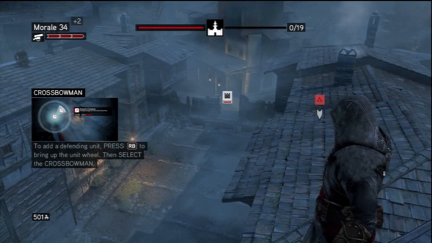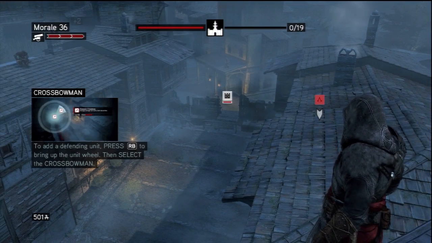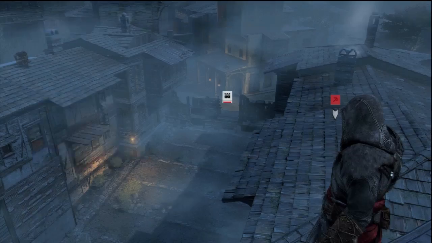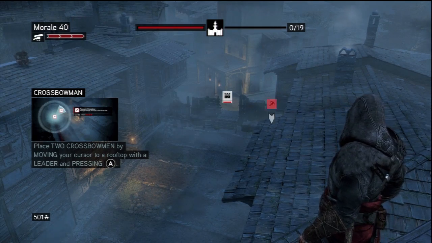You tap RB, you're automatically going to put people that have crossbows up there. Now, I don't have this roof unlocked, so I can't place any people on there. Again, I'm confused by this very much. Well, if I run into this also, I'm like, what is going on? Exactly. Wait, this is an Assassin's Creed, I'm confused. Exactly. But props to them for throwing...